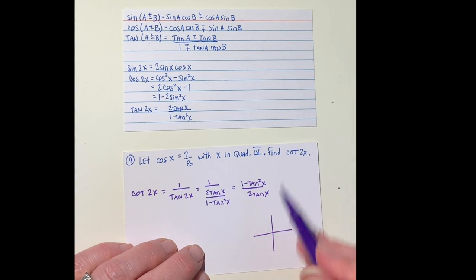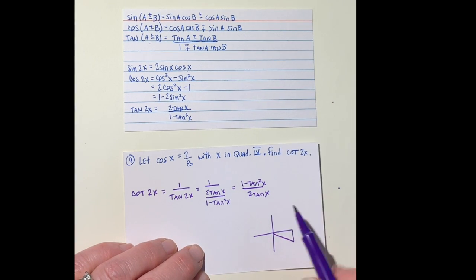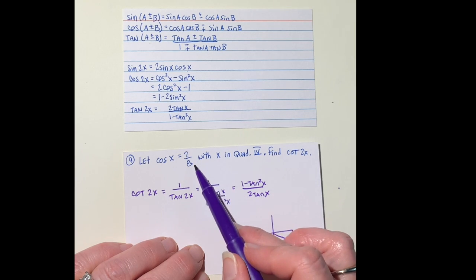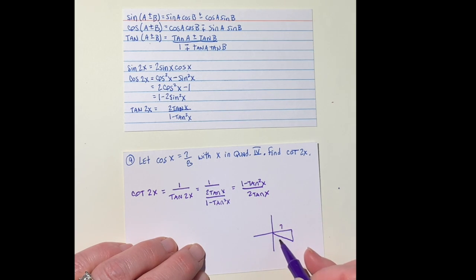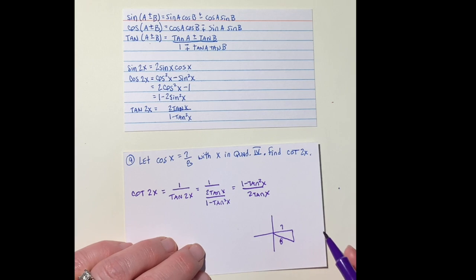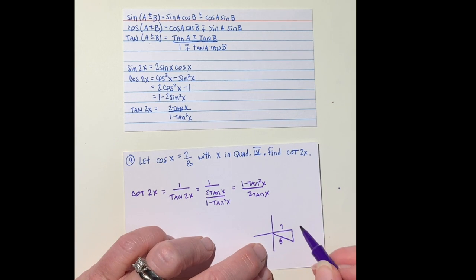And so this is in quadrant 4. Given that the cosine, the adjacent over hypotenuse, is 7/8. This is not a common Pythagorean triple, so you do your Pythagorean theorem. So 7 squared plus what squared equals 8 squared. So 49, that's 64. So